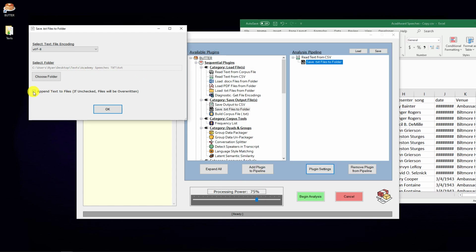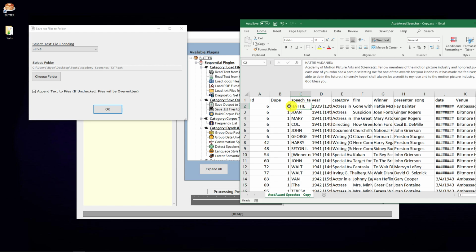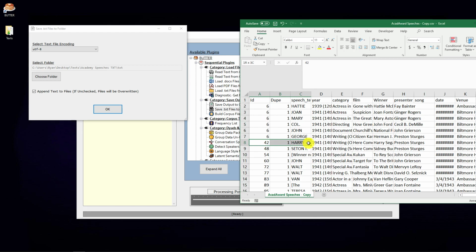So if we have this checked, append text to files, what's going to happen is it'll get to the first row, pull out the speech text, and write it to 6.txt. With this option checked, when we get to the second row, it's going to take this text and append it into 6.txt because it's the same ID that we're using as a file name. So it's writing text to the same file that's already been created. And as we go through, we'll just keep appending additional texts into 6.txt until we get to something that isn't